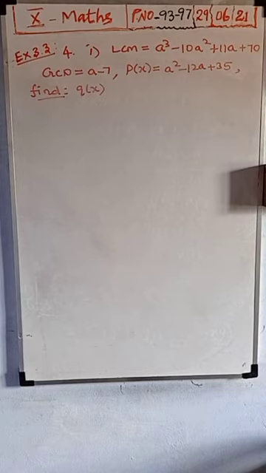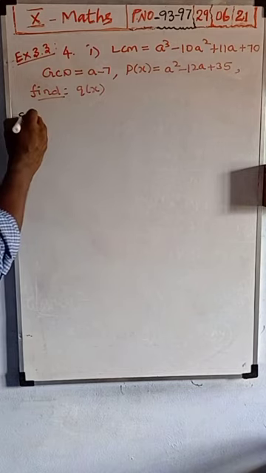Given the LCM and GCD of two polynomials p of x, q of x, find the unknown polynomials in the following table. In the table it is given first LCM and next GCD and one of the polynomials p of x. Usually we will use f of x. Okay, so already I have explained this. Any polynomial we can choose any letters. So instead of f of x, here they have chosen p of x. Then we want to find one more polynomial q of x. Okay, so see the solution, it is easy.